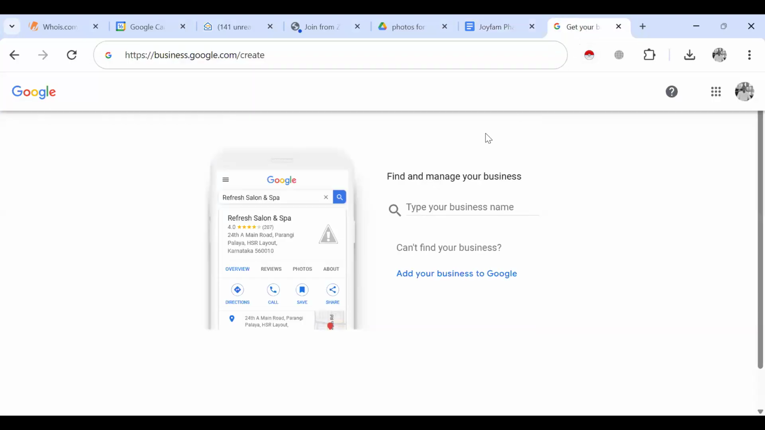So the first thing you need to do, put your business name there. Boop, and you keep quiet for Google to do something. Then it will ask you, Joy Farm Pharmaceutical, create a business with this name. Now,